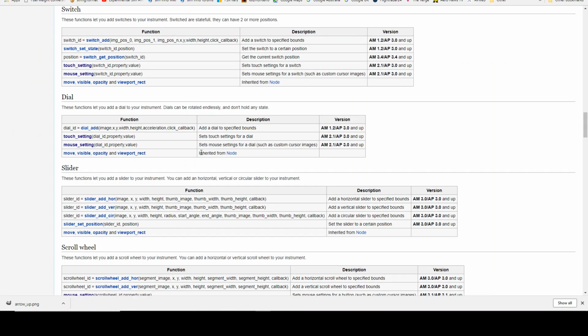So the switch functions here on the wiki page, fairly simple and self-explanatory. There's an add function and then a couple of functions to set the state of the switch and to get the position of the switch so you can read it at some later point in your code. There's also some additional settings that you can set up depending on if you're using a touch screen or